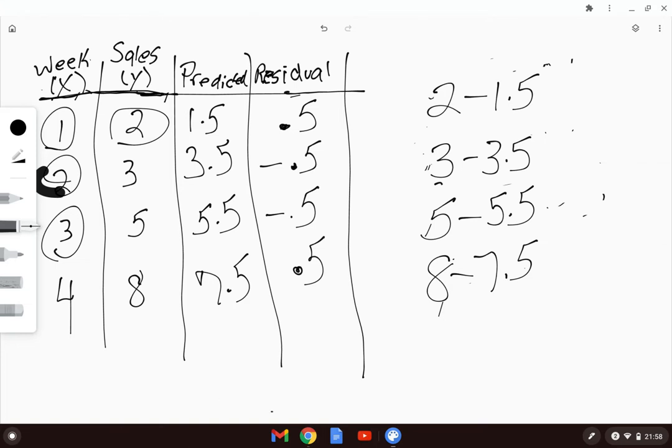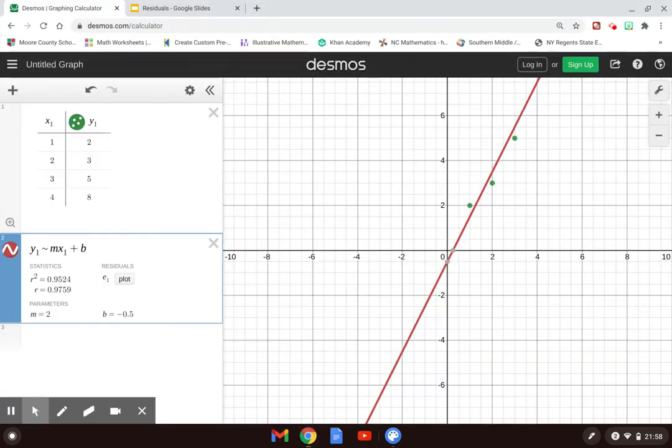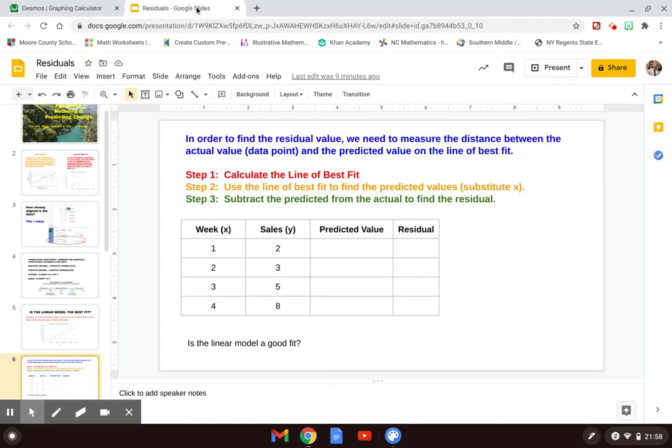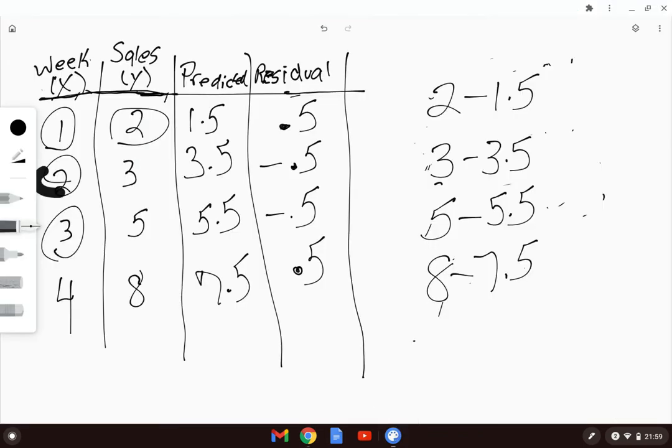Okay, now when I go back here to my slides, all right, so I did my predicted values on the board and then I had my residual values. So now we need to ask the question, is the linear model a good fit? Well, what we have here is an extra table of data, but the way we're really going to know if it's a model that is a good fit is we're going to need to graph these residuals on our graph